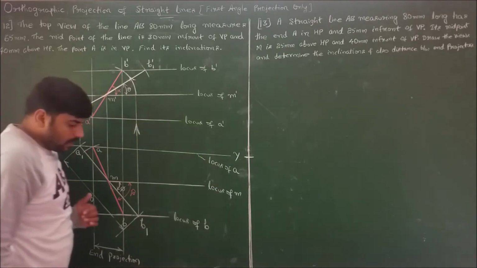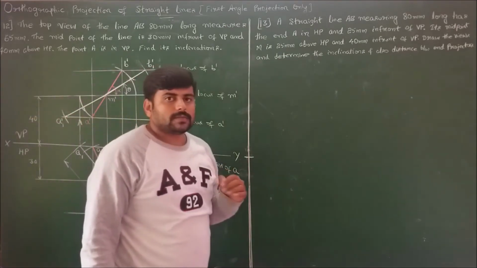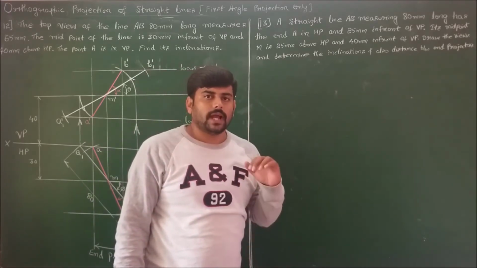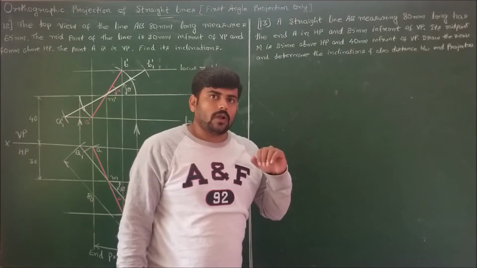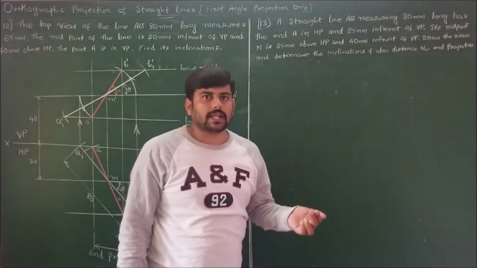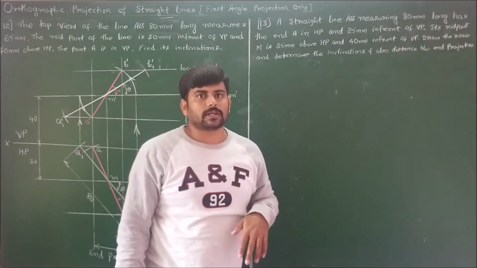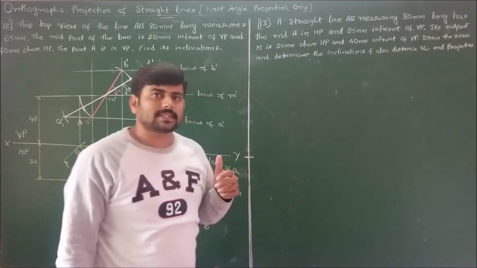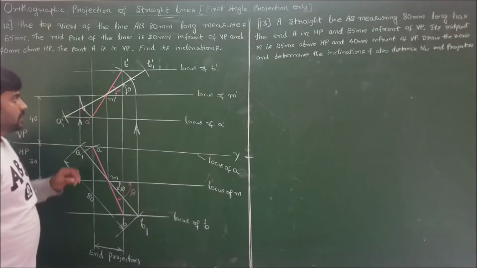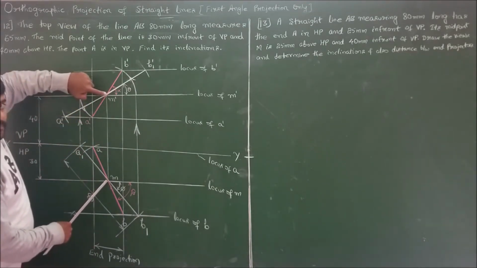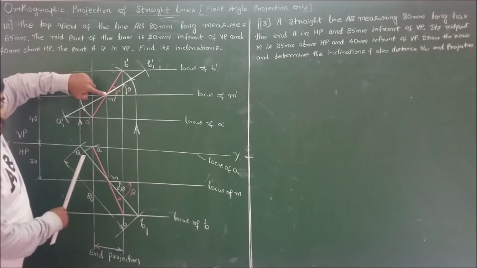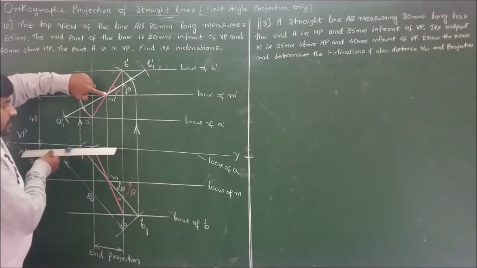Always to start the problem on midpoint problems, first fix the midpoints in front view and top view and always use the concept that half of the line will come in front of the midpoint and the remaining half will come behind the midpoint. So if you use these two basics, you can solve the problems on midpoint very easily. So first I fixed m dash and m. I know half the line should come behind. So I know both true length and apparent length in top view and also I know the locus of A.